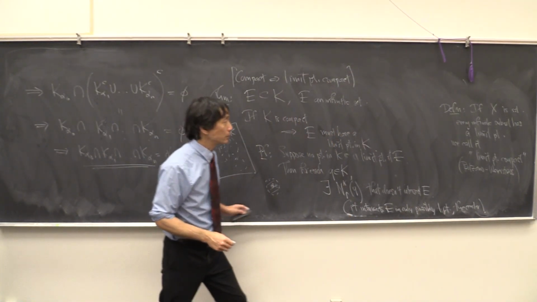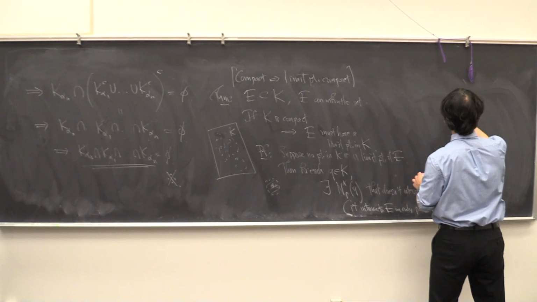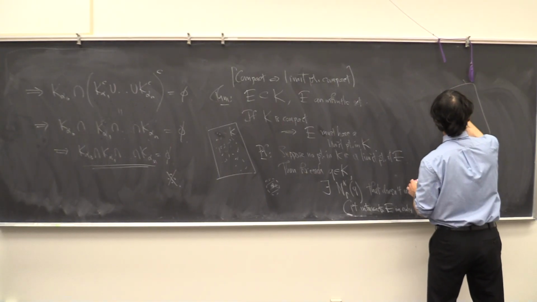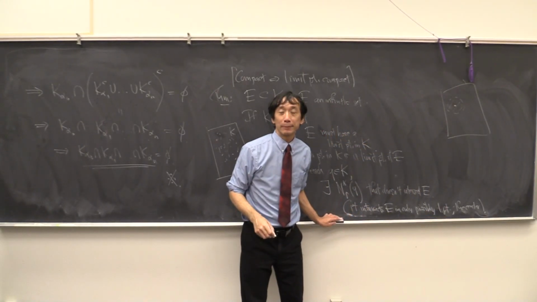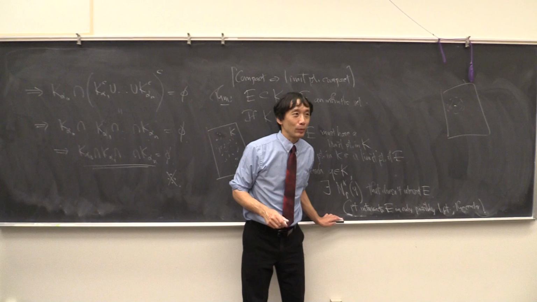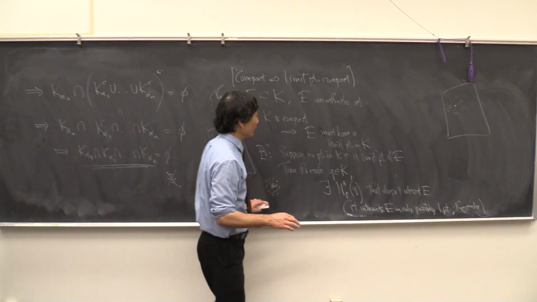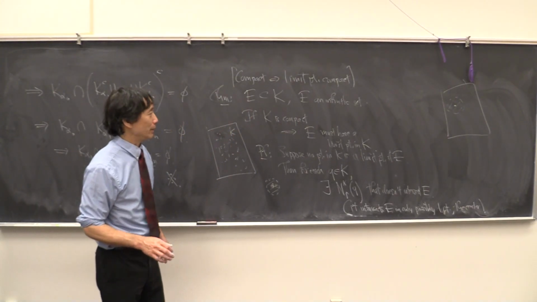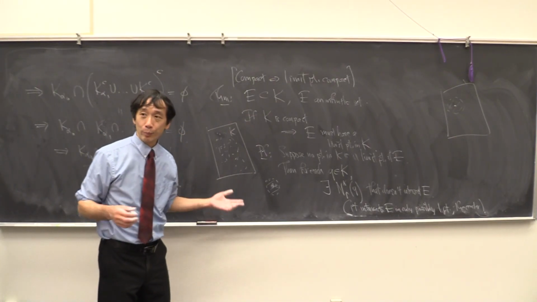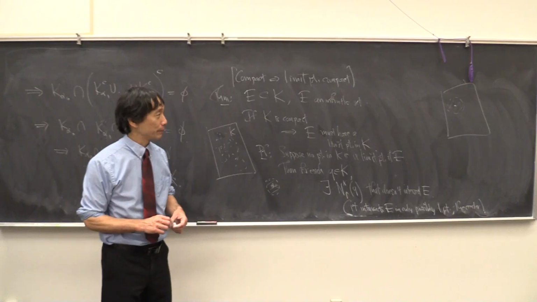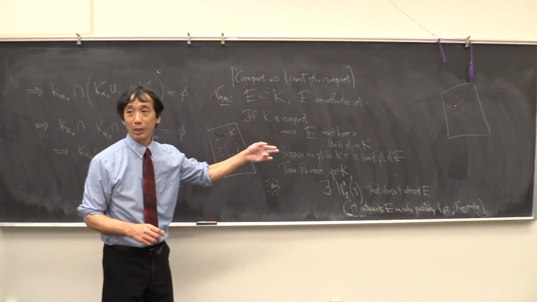Okay. So every point in K, we can find a little neighborhood around it in which there's at most one point of E. Write down something. What's wrong with that? See how you can bring in compactness into play here. Every point has this neighborhood in which there's only one point in E.